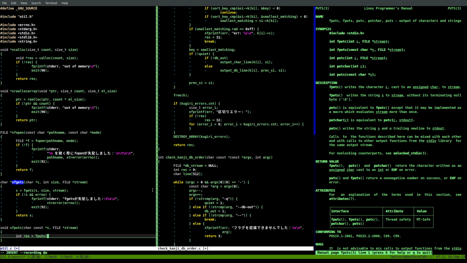So I'm not sure if we should pass on the return value. Maybe not, because it doesn't sound like it's potentially interesting, since it's not defined what it actually is. So I'll just continue to return void. If res equals EOF, then we say